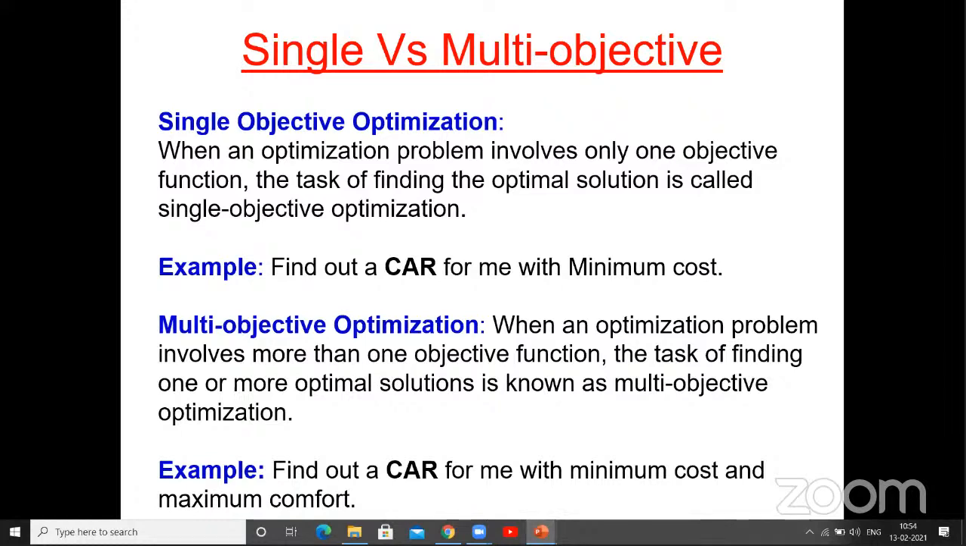So in case of multi-objective optimization, the optimization problem involves more than one objective function, and the task of finding one or more optimum solutions is known as multi-objective optimization. If you apply it to the car problem: find a car for me with minimum cost and maximum comfort. Not only cost, because the Nano is not that comfortable a car. Suppose you want the cost to be minimum and the comfort maximum. Then what is the level of comfort? For different people, comfort is different. If he is a rich man, maybe he will go for a Mercedes. If he is average, then he may go for middle-level cars, like Swift Dzire or Honda City. So different people have different